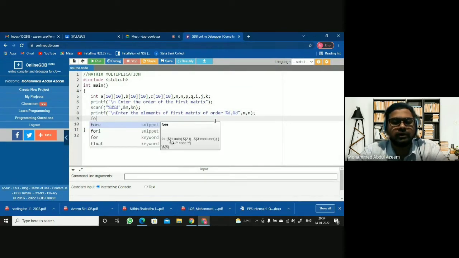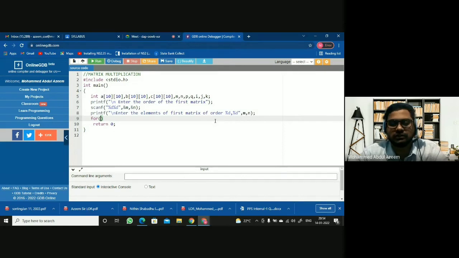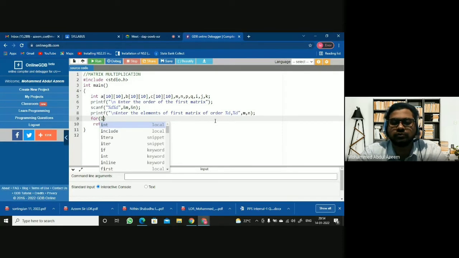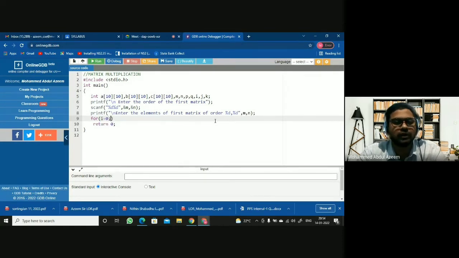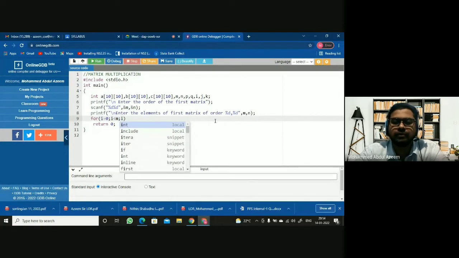How do you read the matrix? With the help of two arrays. Sorry, two for loops. With the help of two for loops: i equal to 0, i less than what? What is the row? We have read it here. The row is nothing but m here, right? i less than m, i plus plus.